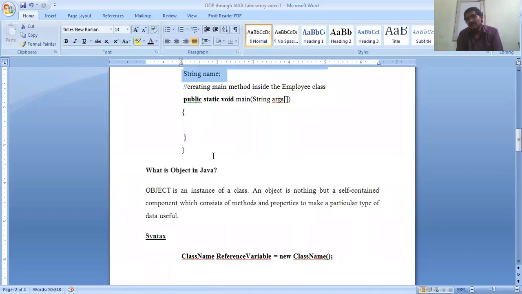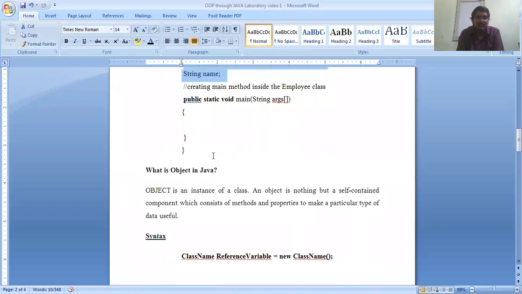The next thing we want to learn is object. So simply, what does an object mean? An object is nothing but an instance of a class. It is a self-contained component which consists of all the methods and the properties to make a particular type of data useful.